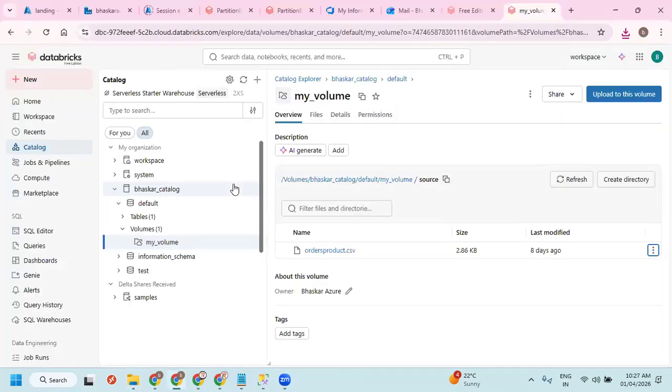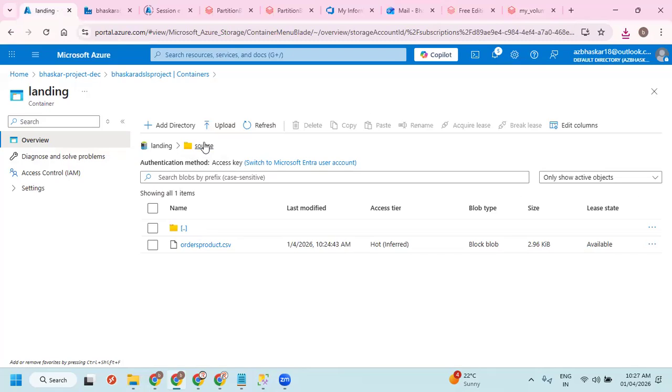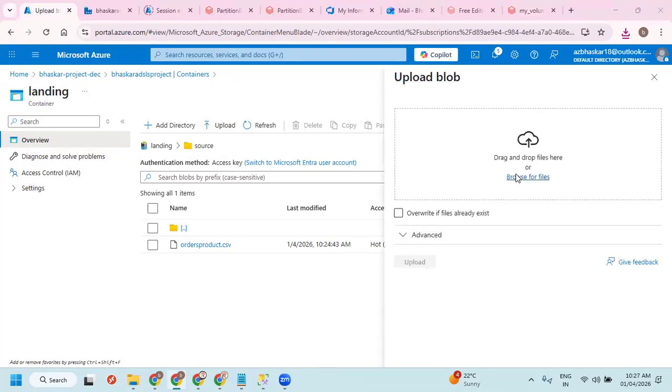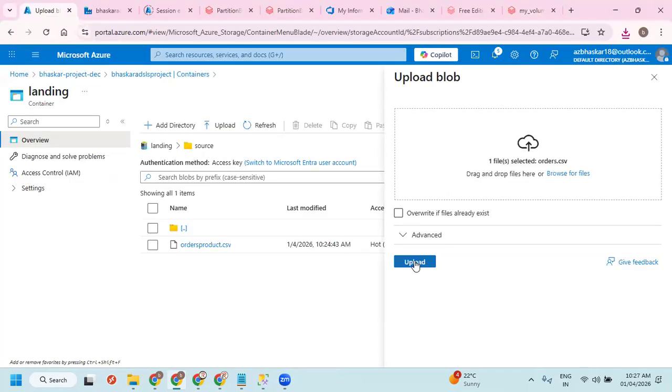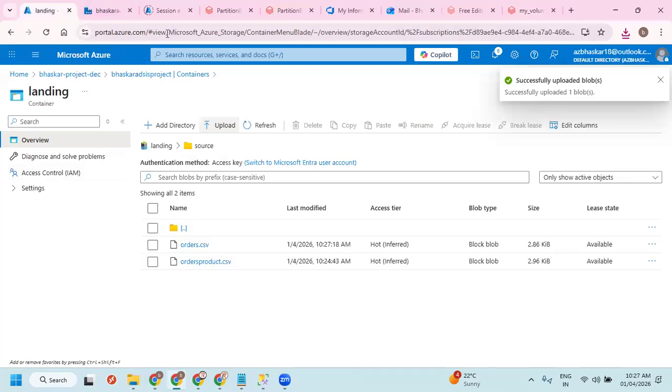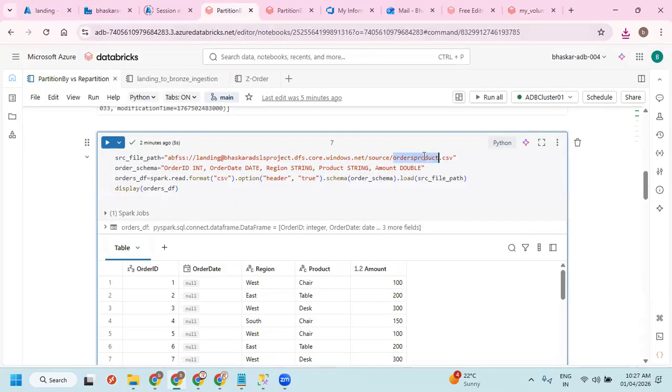Let me upload this orders file also. Now let me run again. Okay, so we have to change carefully, then only it is going to be possible. I'll tell you again, I'll change that later. Now we read the data from the file.